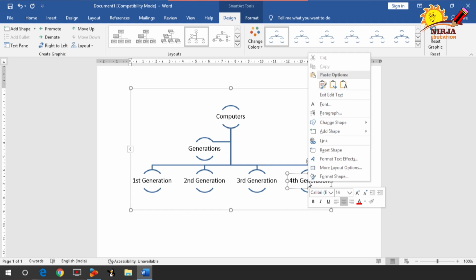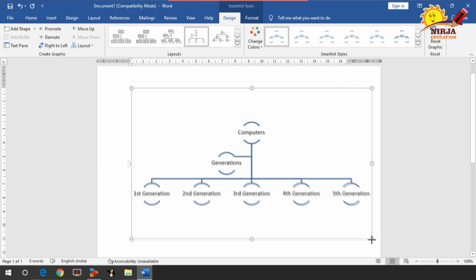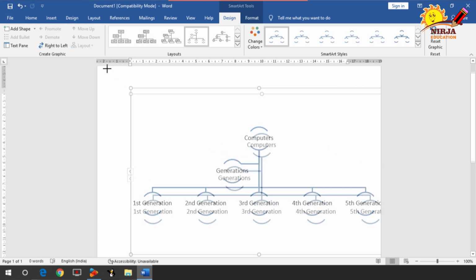Again right click on that, add shape after, fifth generation. Okay, so this is how you create the hierarchy manner list, and then you can increase the size by dragging